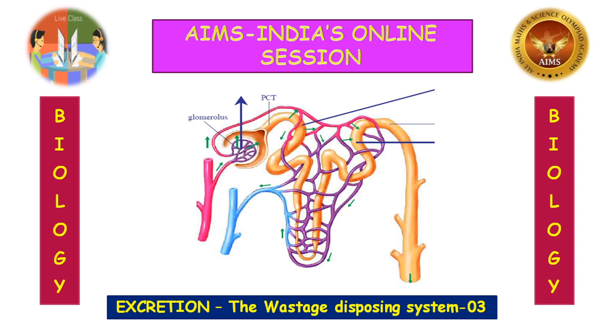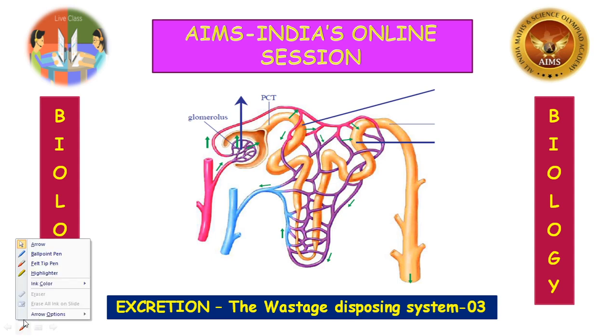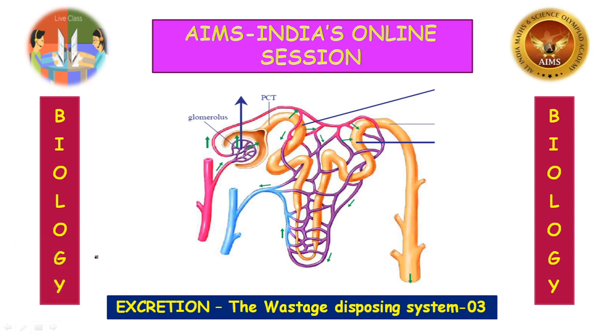And we also studied, finally we concluded in yesterday's class, that the structural and functional unit of kidneys are called nephrons, which you are seeing here. This is the nephron. What are the main parts of nephron? There are two main parts of the nephron, that is Malpighian body and renal tubule. So up to here, this portion is called as a Malpighian body. This Malpighian body will form the Bowman's capsule.